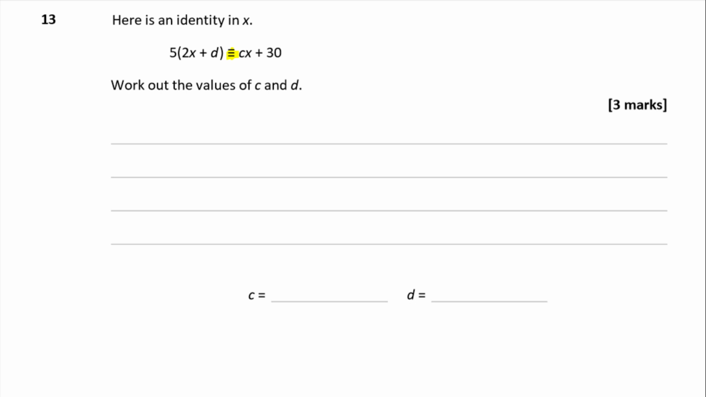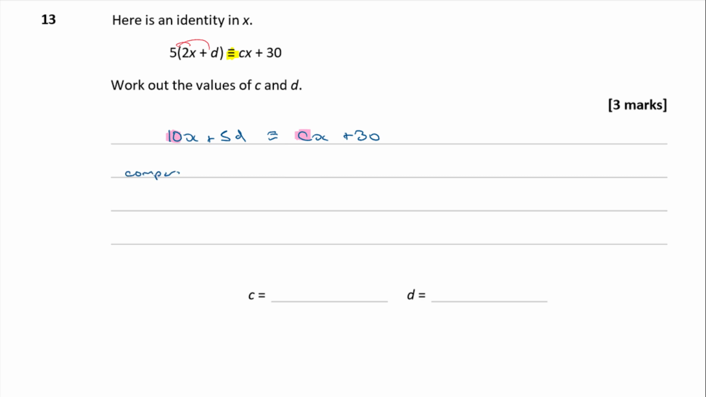Okay? So on the left side I've got factors, and on the right hand side I've got a sum of terms. I think the easiest thing to do is to multiply out this bracket so I can get a sum of terms on both sides. Okay, so if I take the left hand side and I multiply out that bracket, I'm going to get 10x plus 5d, and I know that's identical to cx plus 30. So now I can more directly compare these. So I've got two terms in x. Now if these things are identical, then the coefficient of x there must be equal to the coefficient of x here. So I'm going to say